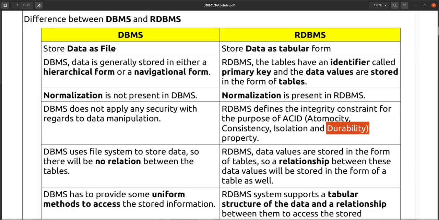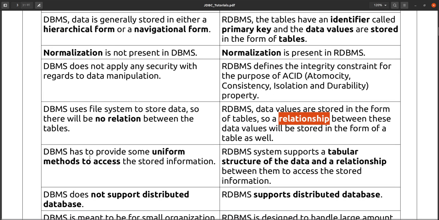And a database management system uses files to store, so there is no relationship between the tables. But in RDBMS, data will be stored in the form of tables, so the relationship will be there using foreign key and primary key. A database management system does not provide a uniform method to access, but an RDBMS supports tabular data structure, and you access it through queries only.